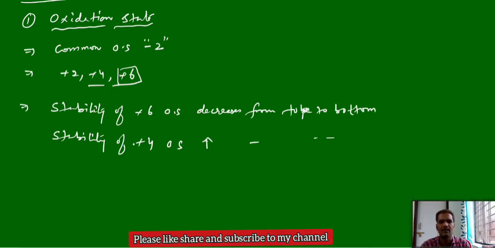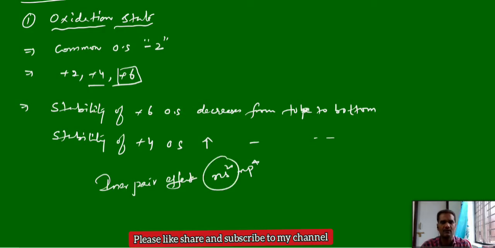So generally tellurium cannot show the +6 oxidation state, very hardly it can show. Mostly it shows the +4 oxidation state due to the inert pair effect, again the reluctance of ns2 electrons. We have the valence shell ns2 np4, and these two electrons will not be involved in bond formation. Only the np4 electrons are involved in bond formation. Hence it can show the +4 oxidation state more effectively than +6. Which one? Tellurium.